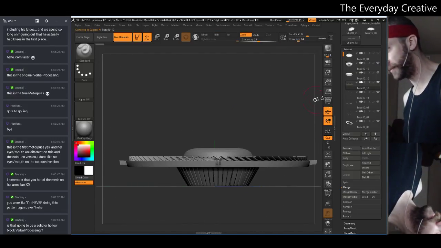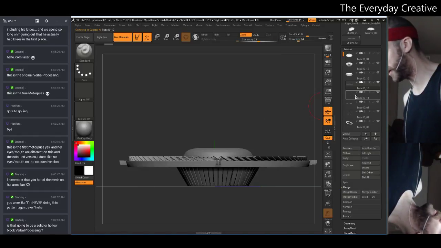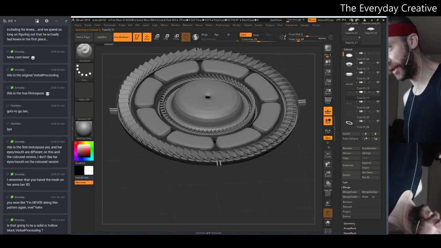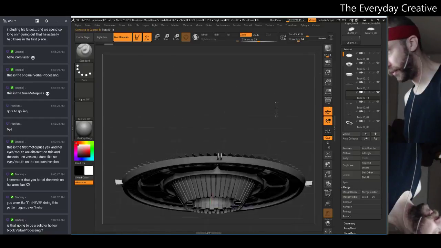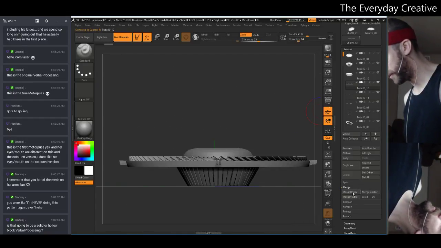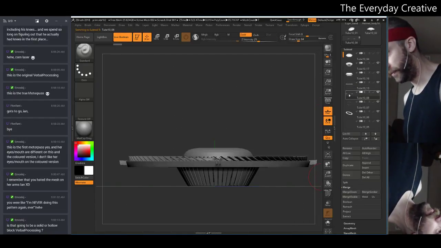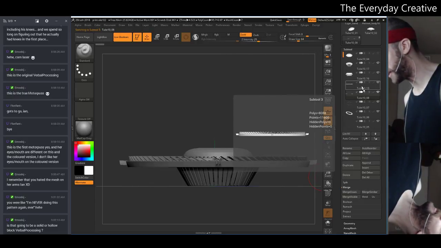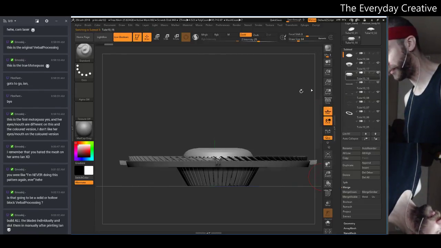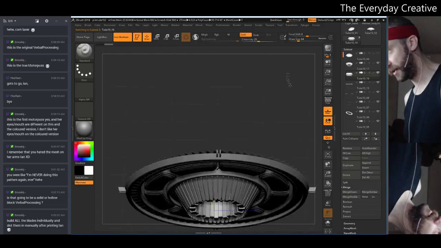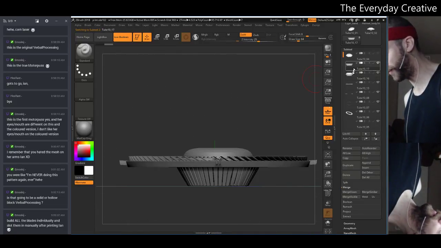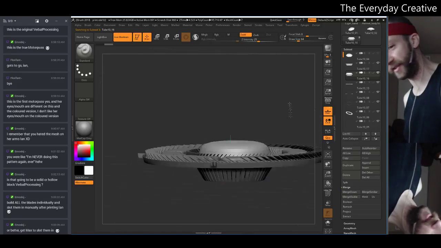Okay, but let's see. We've got this part here. That can merge with those parts, I believe. Merge down. In fact, there's only one part of this I don't want to merge. It's this part. So I think as long as I am below those fan lines, or those fans there,